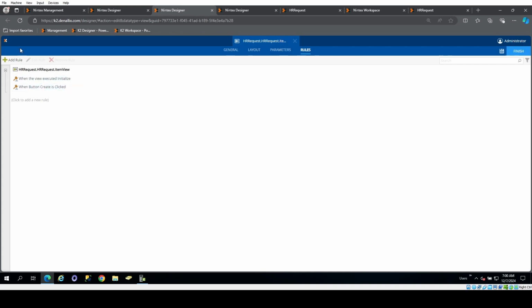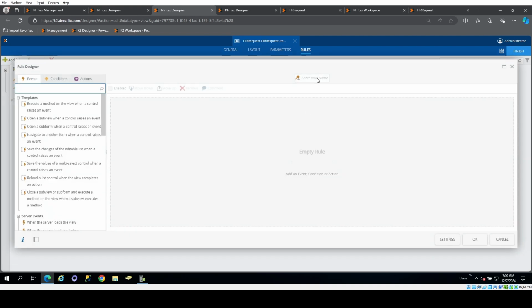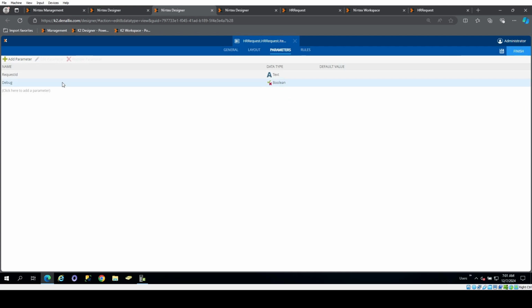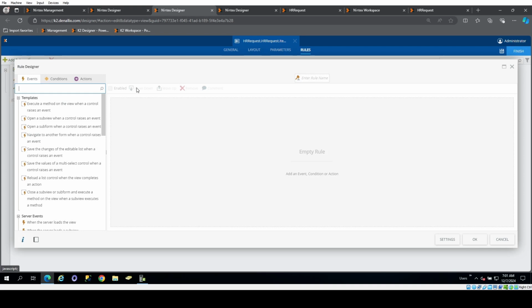What I would like to do here is add some unbound rules to actually create or update. This way I can use this in multiple ways on different forms or within the same form as needed, and always kind of know what's happening or call the rules by themselves. So I'm going to say here for the rule name, create or update. Let's make sure we have first a parameter. We have a parameter of request ID that we're going to use as input. And then we'll go back to creating the rule at